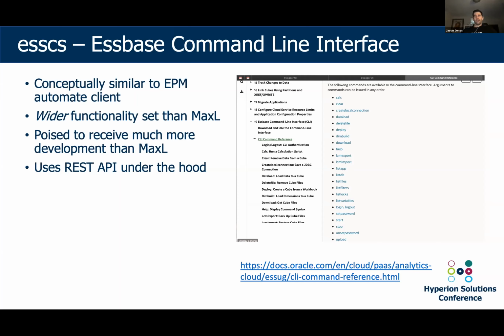So, and even I have a screenshot here from the Essbase command line documentation. You can get a familiar flavor for what's going on in this program, right? We've got data loads and deploys and dim builds, but then we have some things that are not in Maxwell, right? We've got LCM export, LCM import, that kind of stuff. So I think